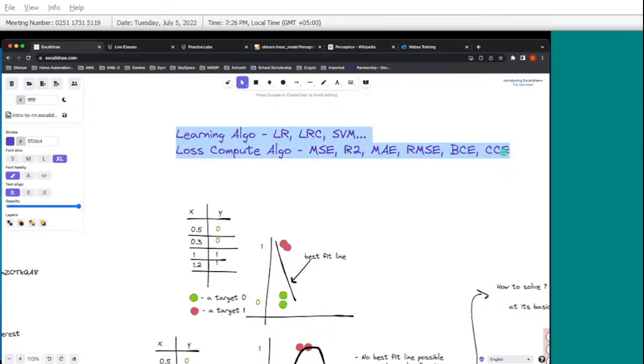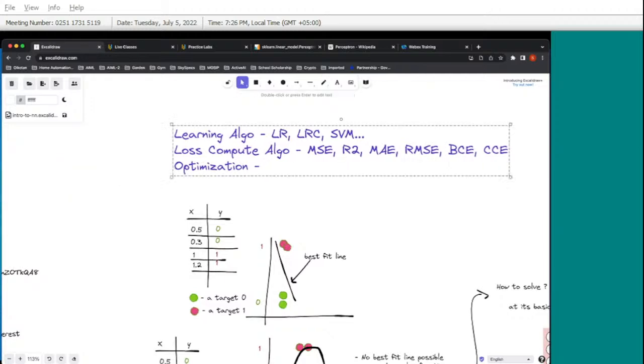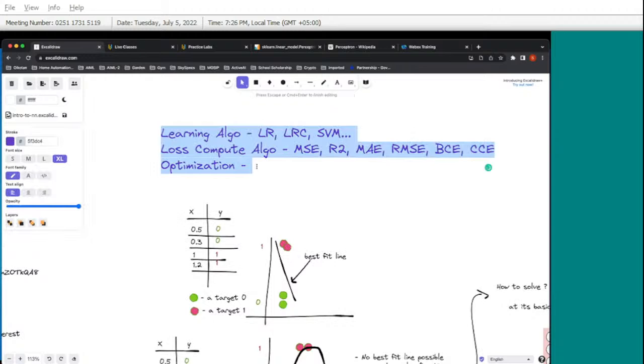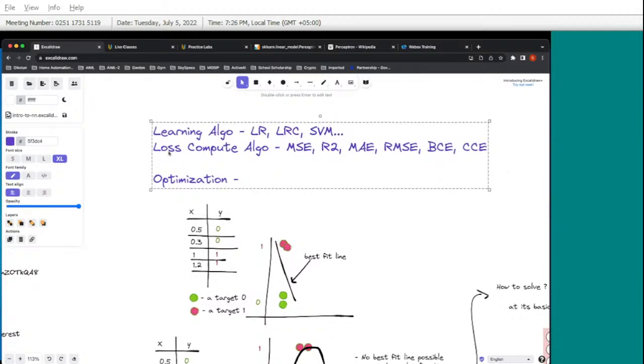We saw that this is good, but we don't want this loss to be computed over an infinite time. We want to learn faster. So we generally also need an optimization algorithm. Their objective is to ensure that you compute the loss faster, because you cannot take endless time. So what are the typical optimization algorithms that you have? Let me just write loss compute, and then